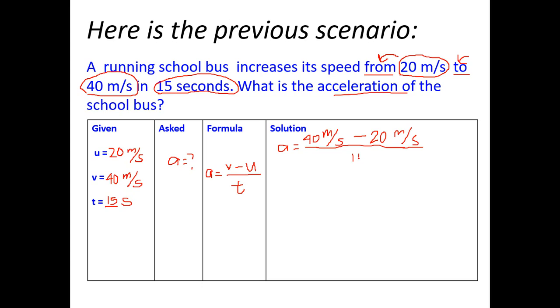That is 15 seconds. So therefore, when you plug this in your calculator, you will have 40 meters per second minus 20 meters per second. That will give you 20 meters per second over time is 15